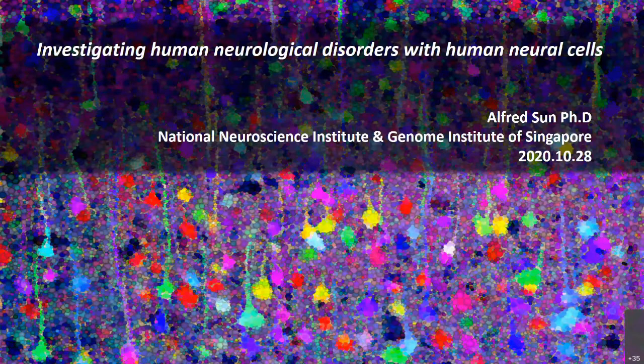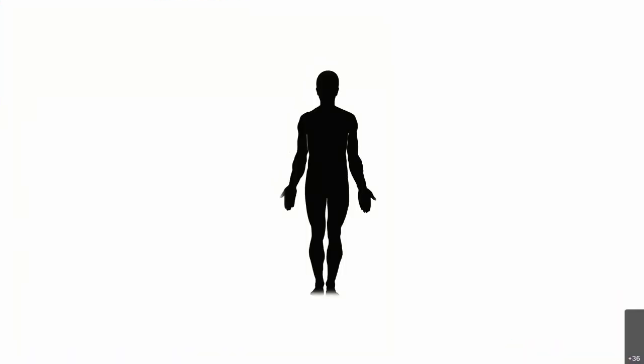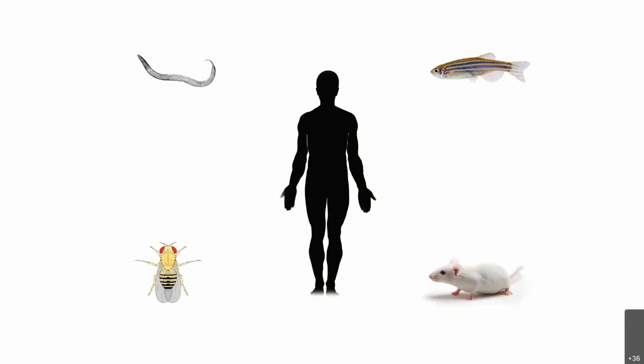Yes. Great. Okay. So, the title of my talk today is investigating human neurological disorders with human neural cells. As introduced, I'm primarily interested in understanding human neurological disease, and the reason is that, notwithstanding the knowledge and insight we learned from model organisms shown here, those are commonly used laboratory organisms for studies, I just want to remind everybody that there's a vast difference between the human system and all the animals we use